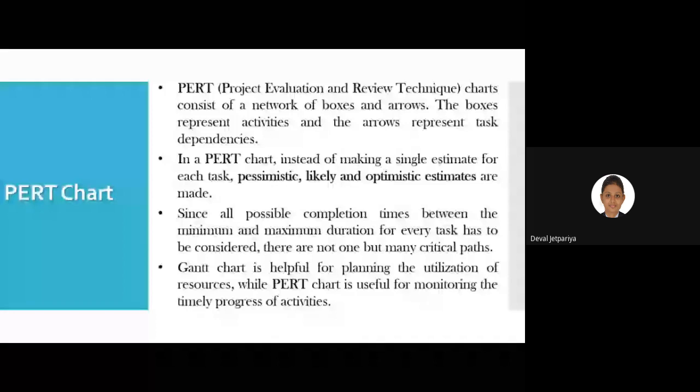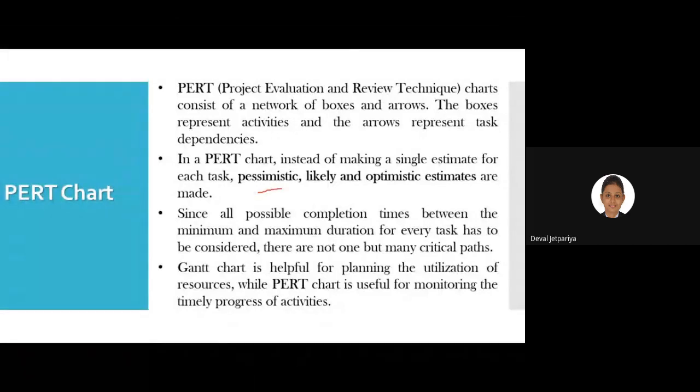And the third one is optimistic. For that we can consider that I'm expecting that 70 to 80% of students must score higher than 22 marks. So it is not difficult, it is quite a feasible task, right? For that you need to work thoroughly, but it is quite feasible. So that is called an optimistic assumption, right? So regarding our project, we are referring to these three terms. This PERT chart consists of a network of boxes and arrows.